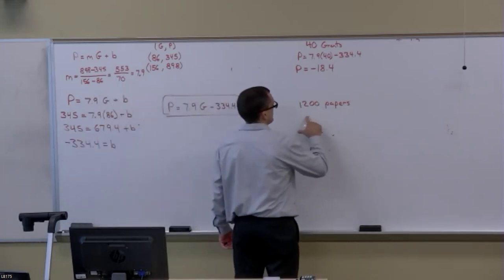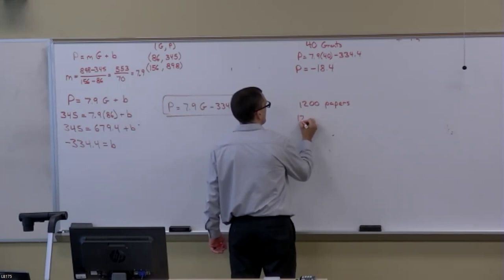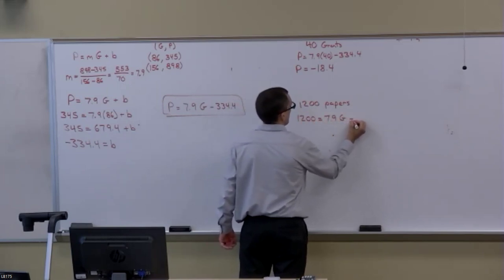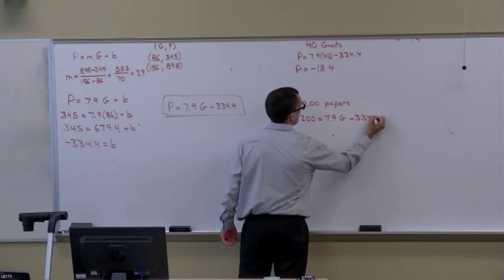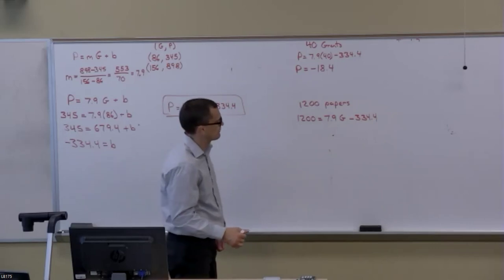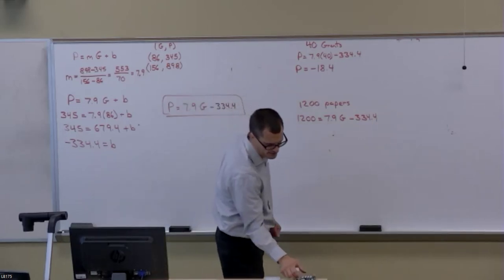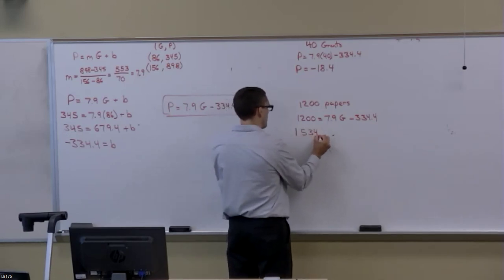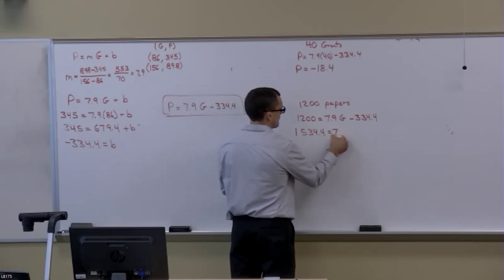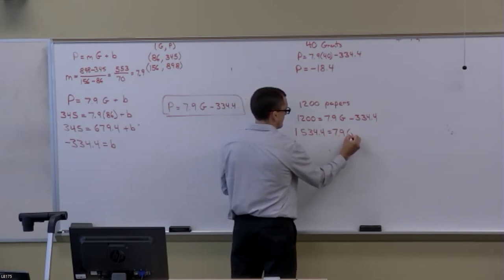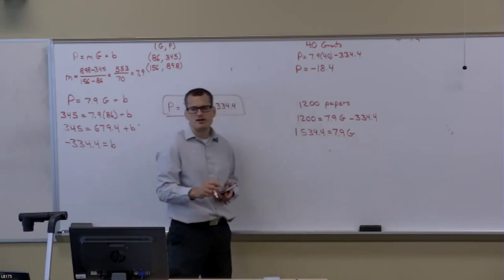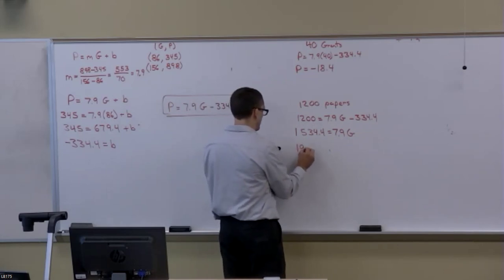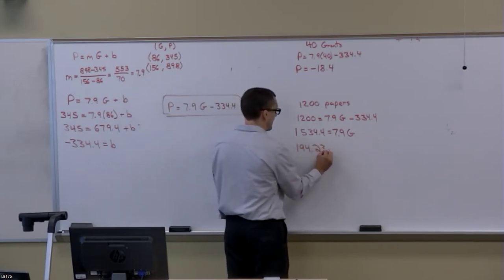Now, on the other hand, this one does make sense. 1,200 is equal to 7.9 times the number of grants minus 334.4. I would add 334.4 to both sides, and that gives me 1534.4 is equal to 7.9 times G. Divide both sides by 7.9, and that gives me 194.23